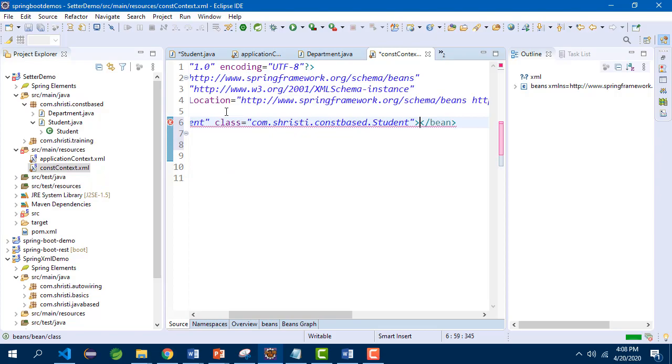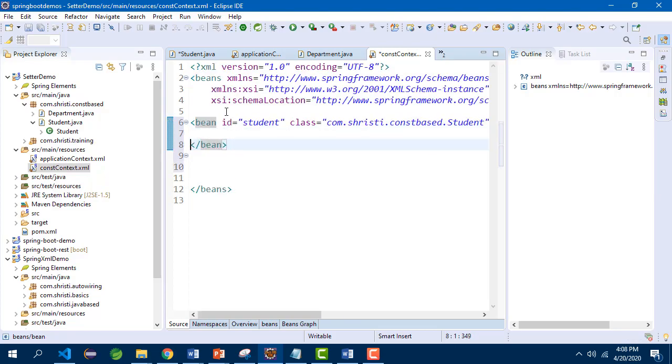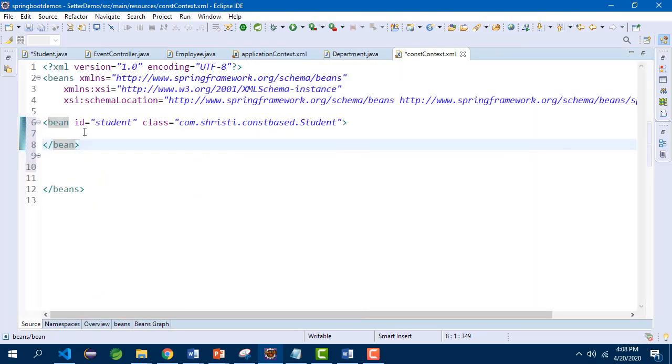Inside this I need to call constructor argument. We are using constructor based dependency injection. In this scenario, the dependencies can be injected either by name or by index or by type. In case of name, you are talking about the name of the instance variable. In case of type, you are talking about the data type of the instance variable.